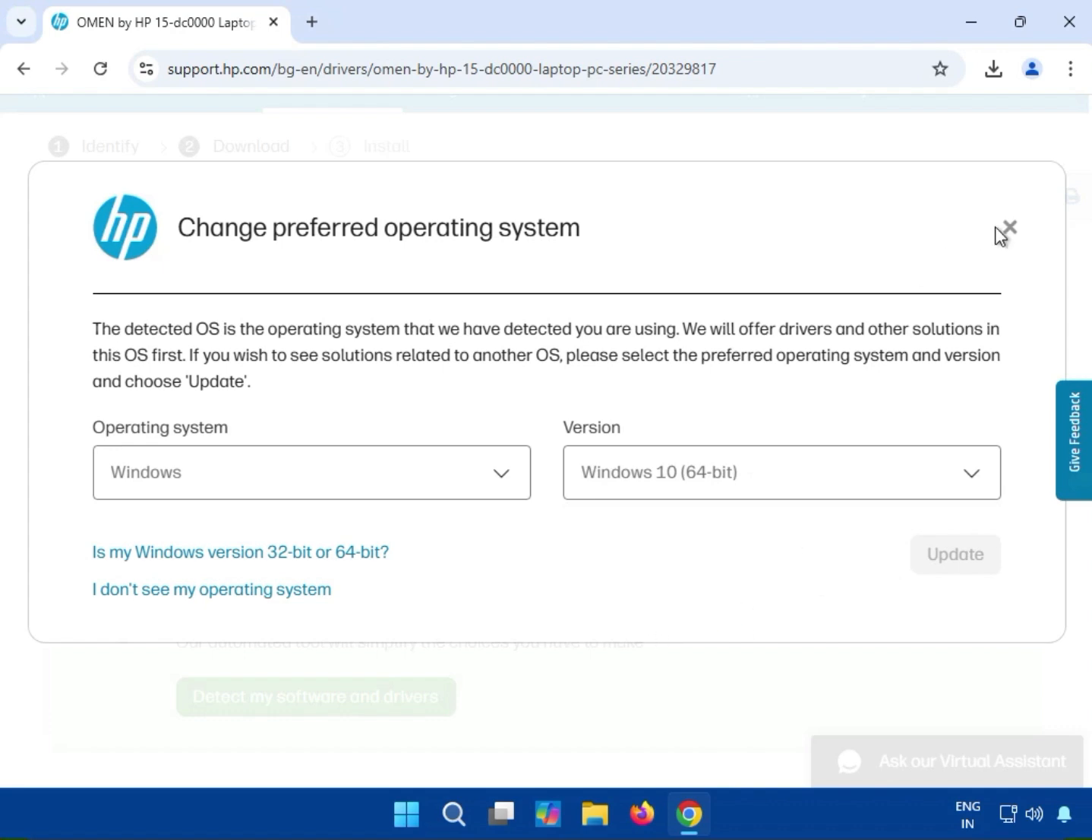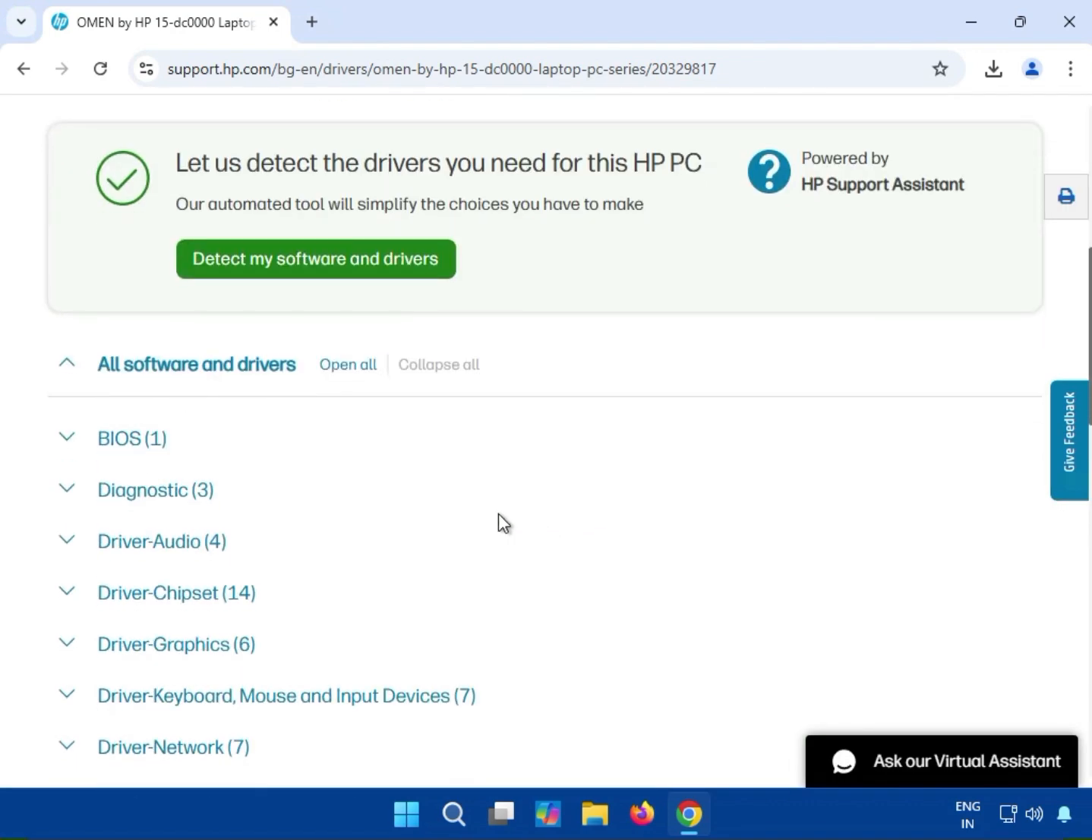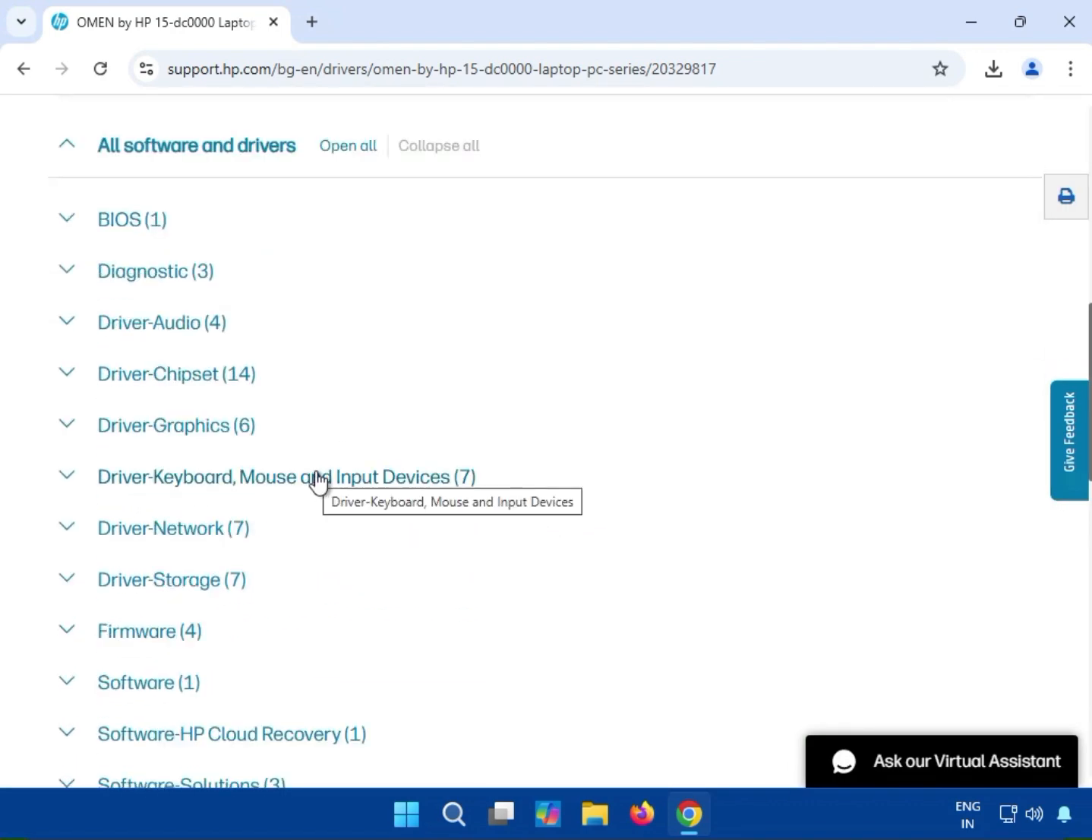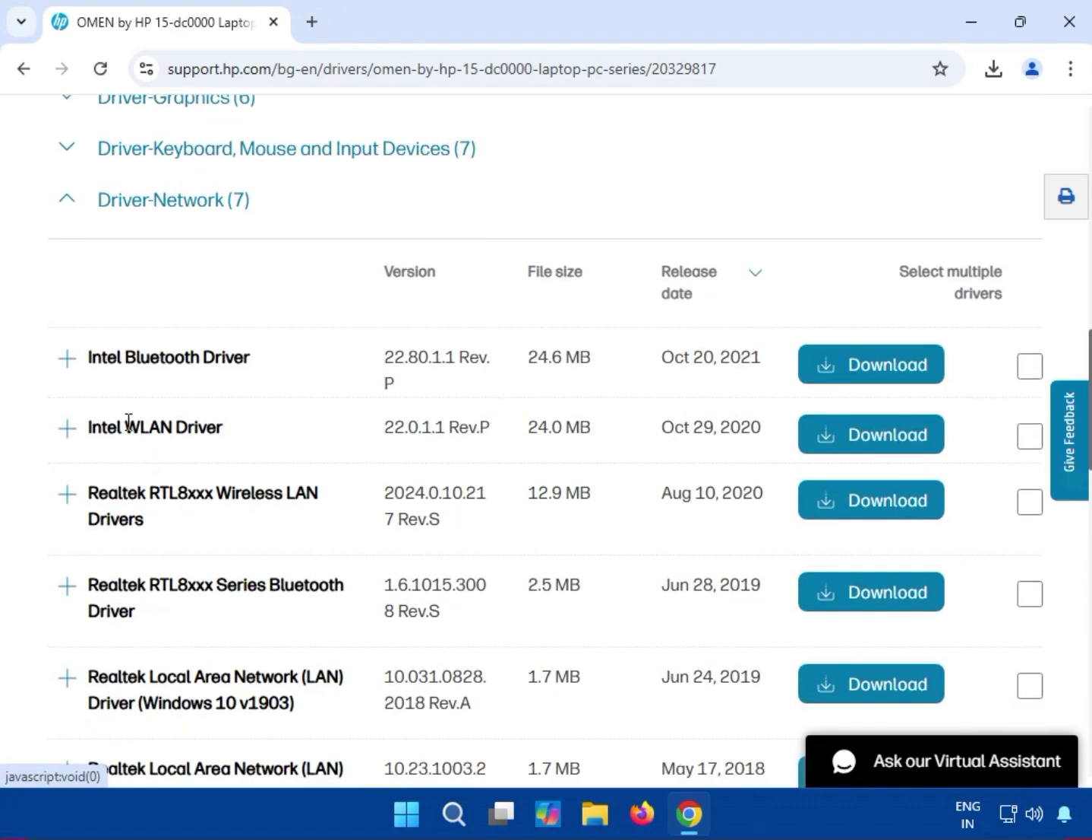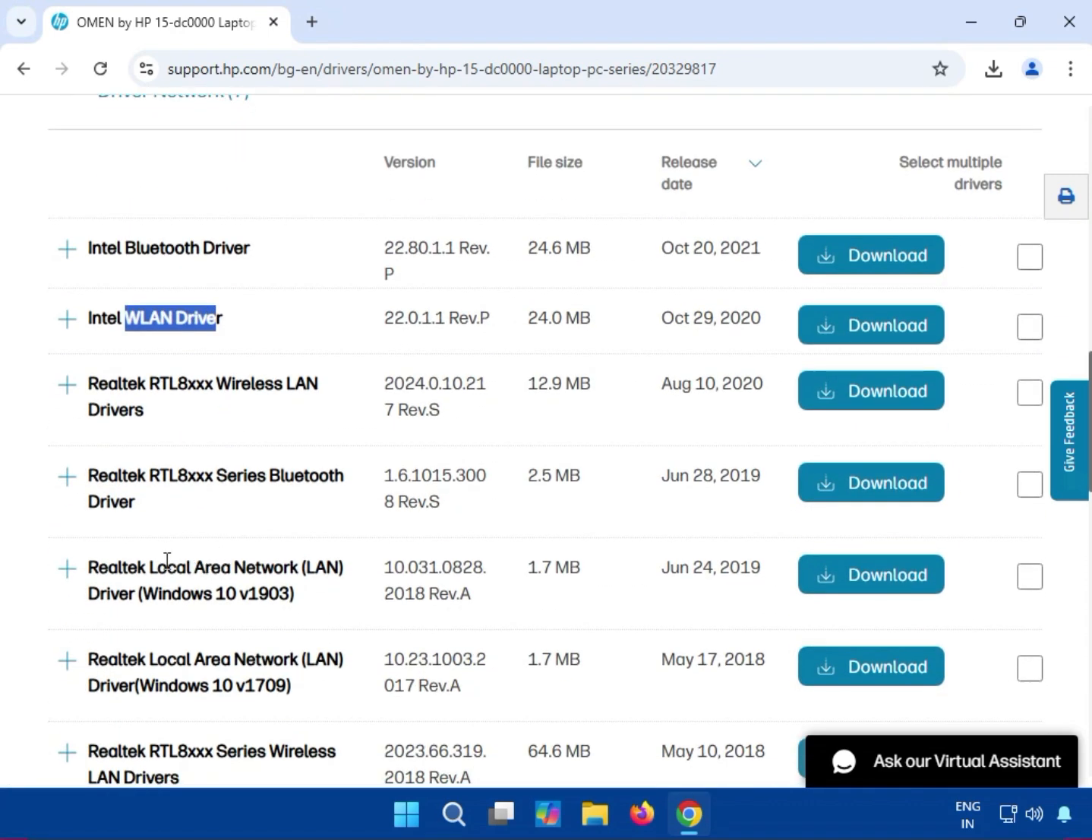no other operating system is showing here, so no worry about it. If you have Windows 11, so install the Windows 10 network driver. Okay, so next extract the network. So you can see this is the Wi-Fi driver. Okay, and this is the LAN driver,